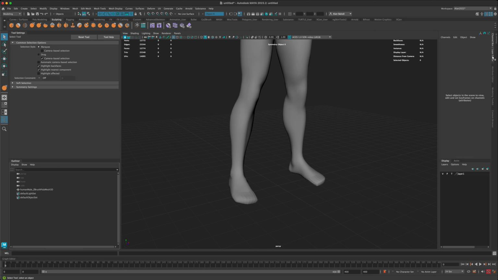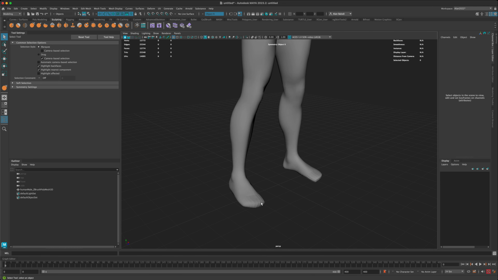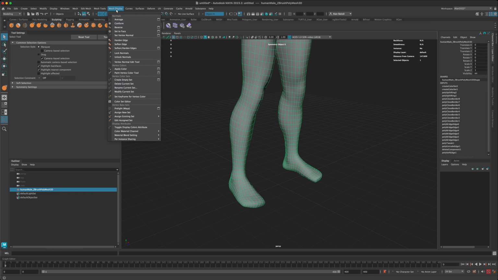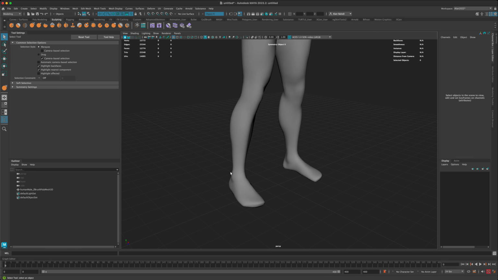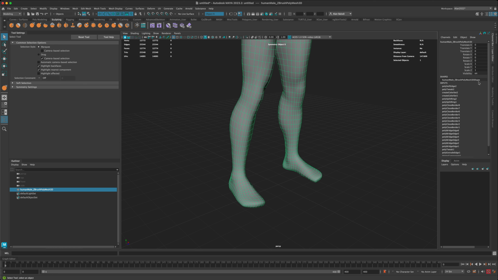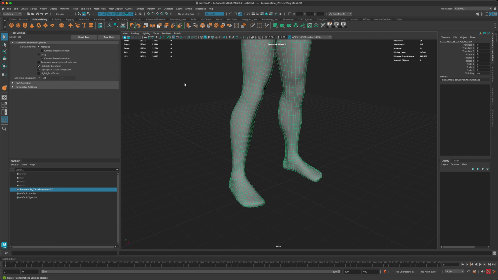And if you go back to your channel box, your layer is still there, but it's not in the outliner, so it's not gonna work essentially. So you can also delete it here as well. Now to fix this, all we need to do is just do a soft edge. And if you click on it, you can see in the channel box, we have all this history that we just made. Of course, you can go to poly modeling and clear your history,